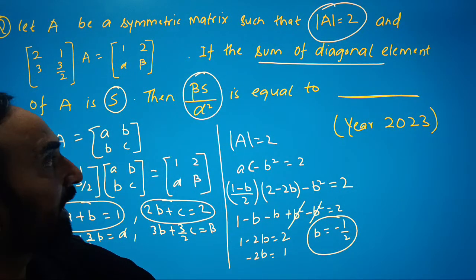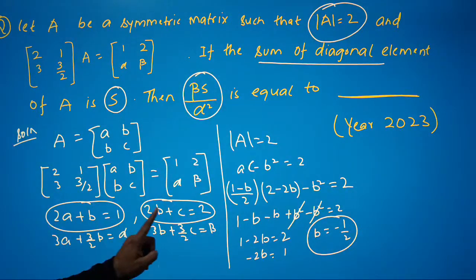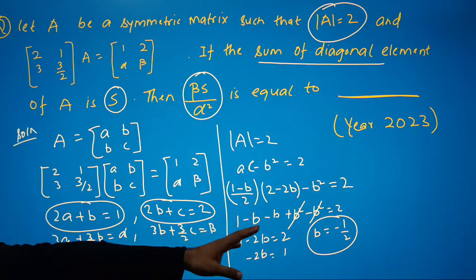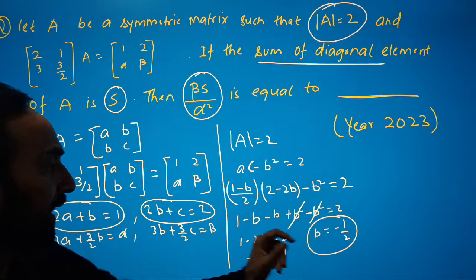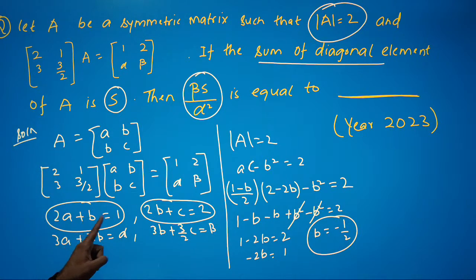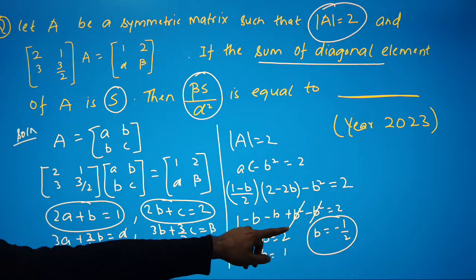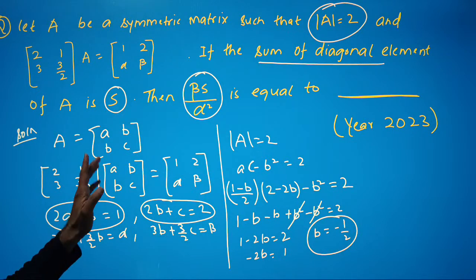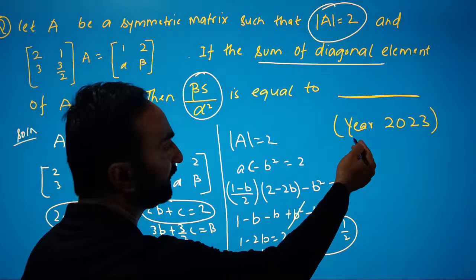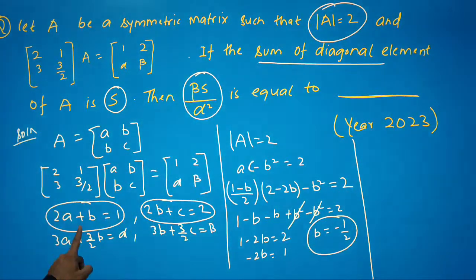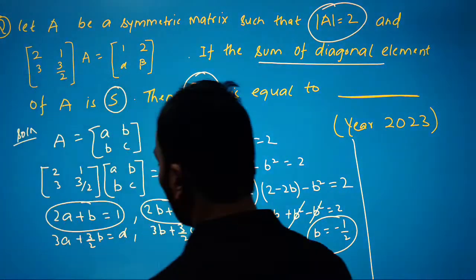Now I have to solve for the value of A and the value of C. So simply I have to put the value of B in this equation and this equation to get the value of A and C. Let's see how we can find them. If I put it in this equation, 2A,